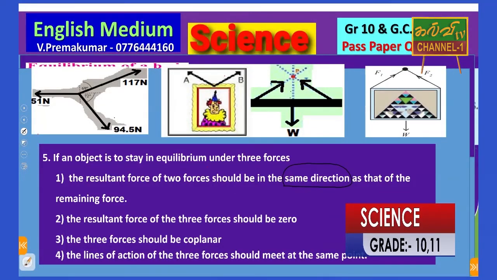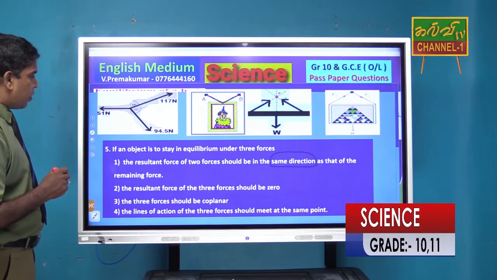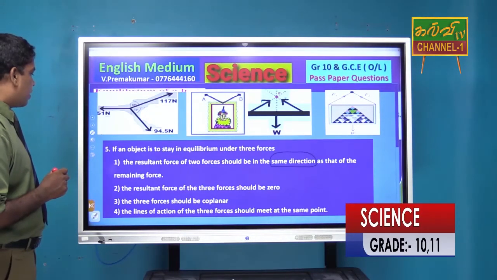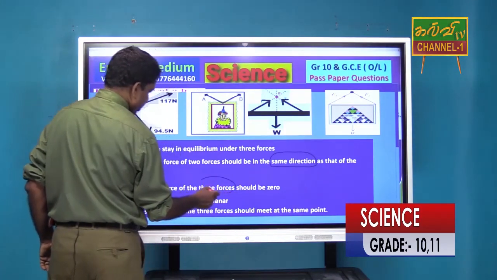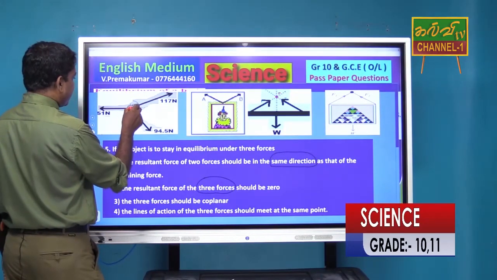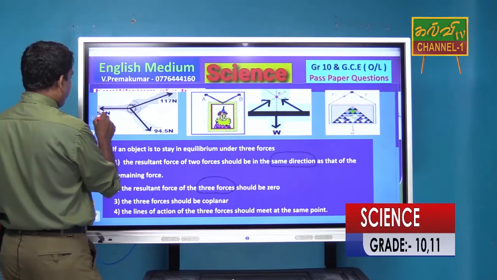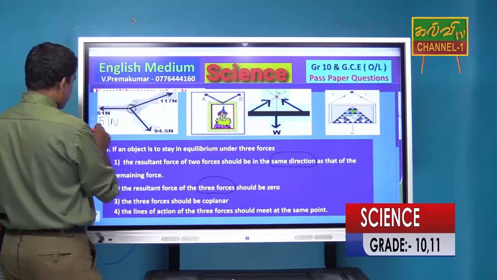That is definitely wrong. The resultant force of three forces should be 0. We already studied this when they balance. If it is 51 Newton,